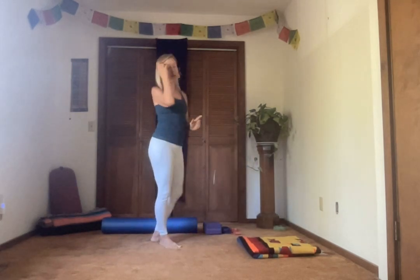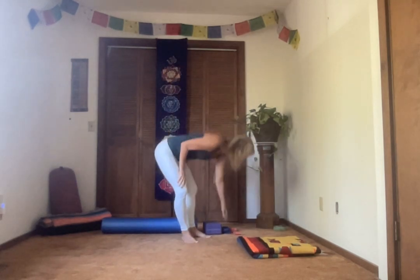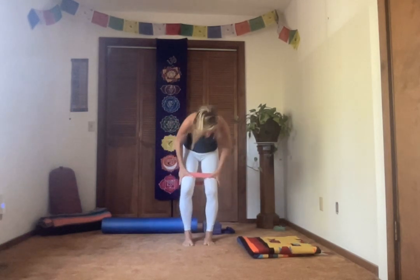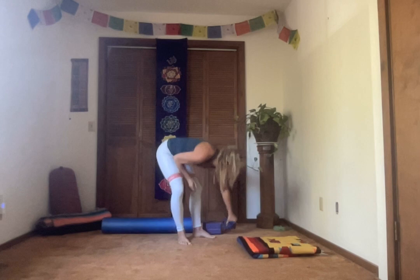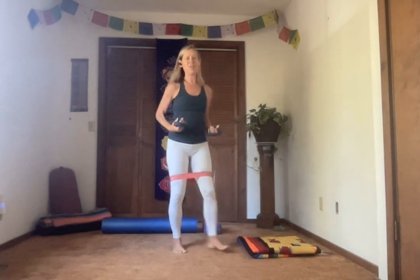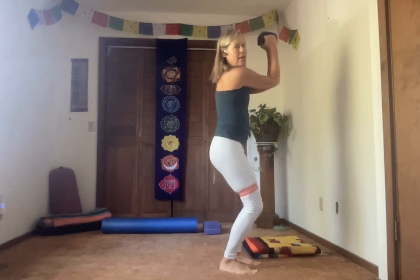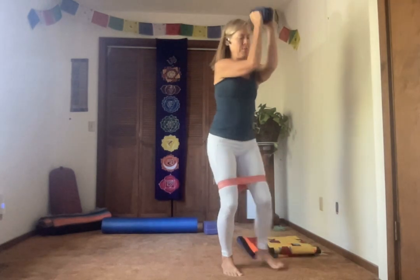So you can stay with all that work without hand weights, or you can lift up your hand weights. And actually, let's go ahead, if you have a circle TheraBand and want to use it, put on your circle TheraBand right above your knees about 2 inches. Okay, you don't have to do this. It's all choice. And then bring your arms up into humerus bones parallel with the floor and inhale, open into